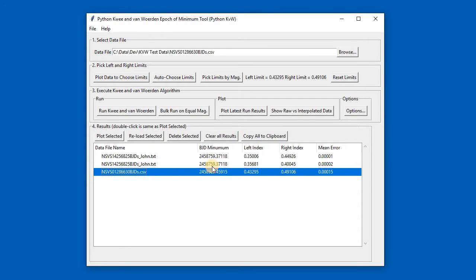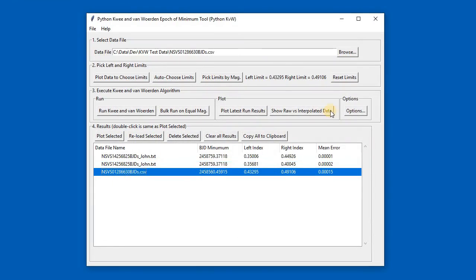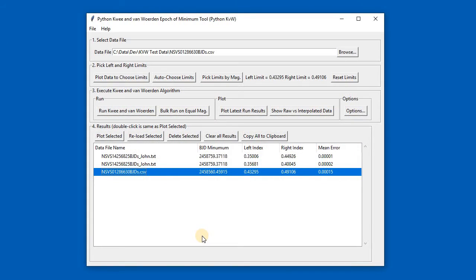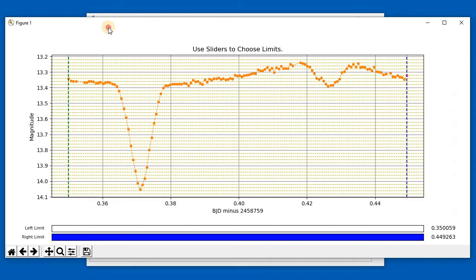Now no problem, to view them, if you double click you obviously see this star, and if you double click on this one you see the result for this one. So they're all fine, they all understand what they're about, and if for any reason you want to go back to a star to put the values back into the whole window, so that the settings are there, you can use the reload selected. So I could reload this star and the values would be back in, and we could get cracking again on that star,